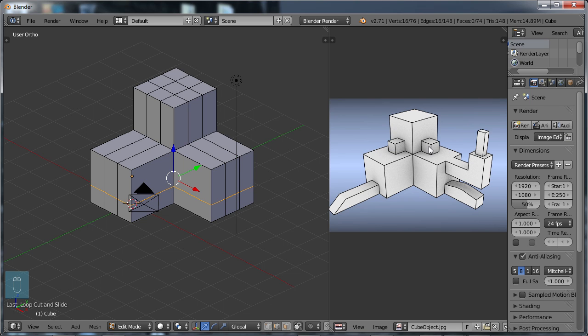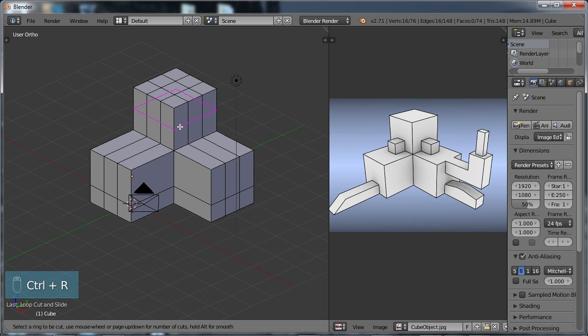Now we also have these little cubes here. So I'm going to come up here and do a Control R and select that once, and you can move it around. And I'm just going to move it right about there and select it again so that it places this subdivision, this edge loop right there. And then we also have this little piece coming out here. So I'm going to choose Control R again